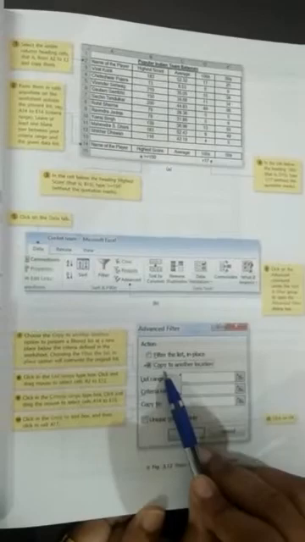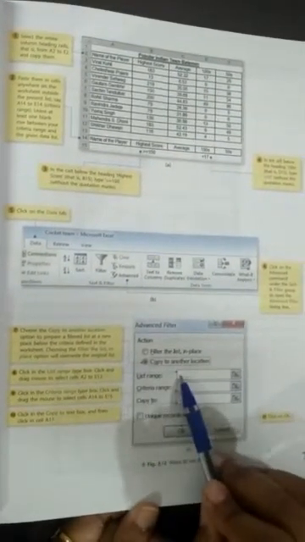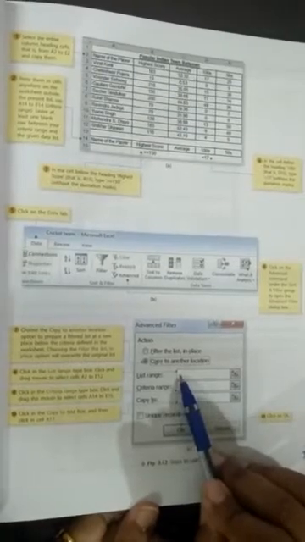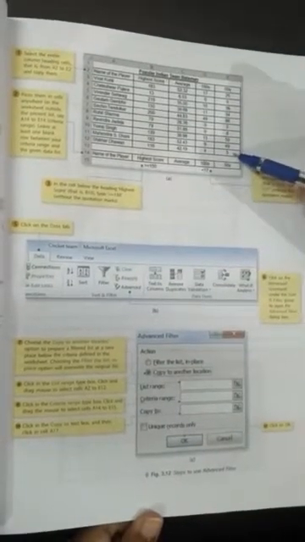Firstly, you have to select copy to another location. Then the list range where the data is filled, means A2 to E12, and the criteria range